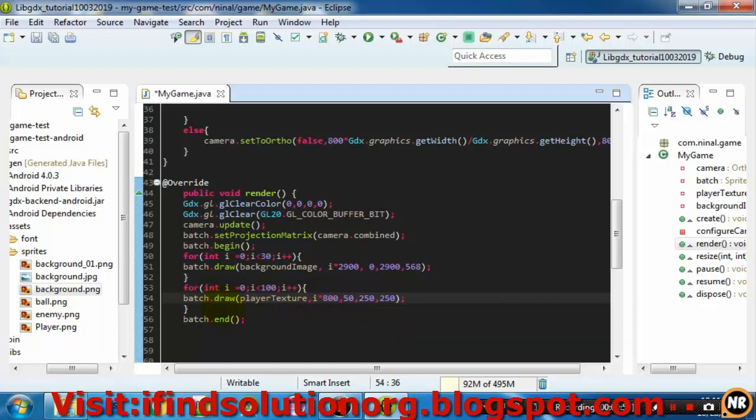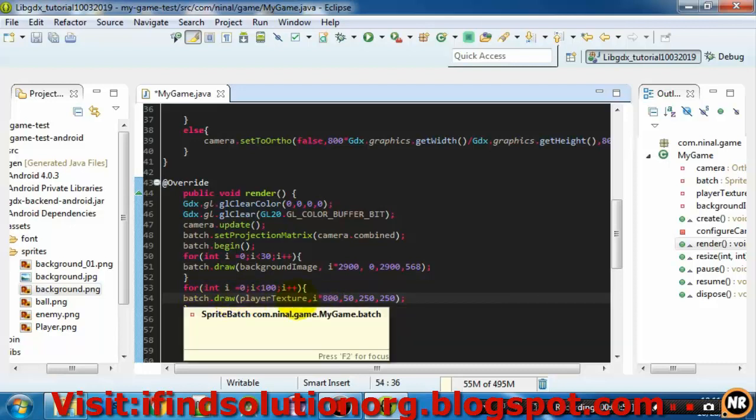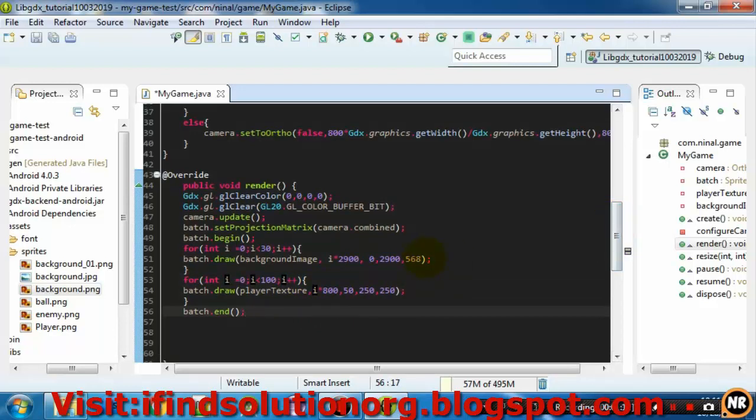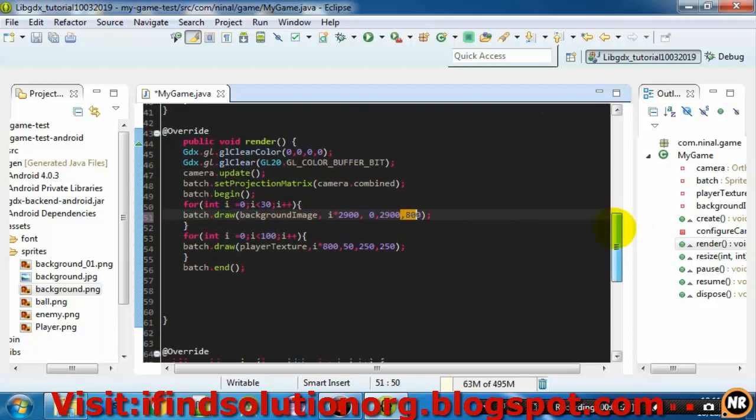So we draw our flare textures with respect to the i in the for loop, and we multiply it by the size of our camera. We can also change it to the size of our camera,